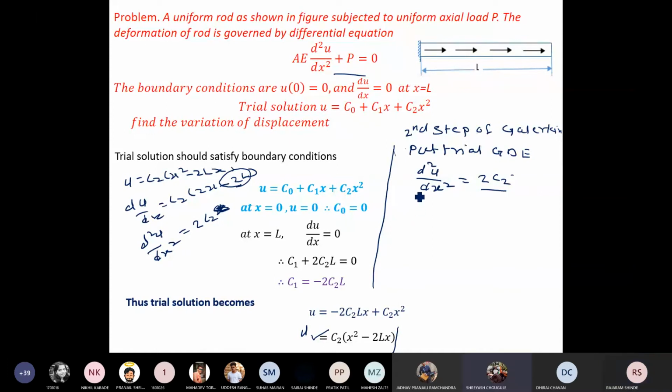Okay, now we will write the residual by using this trial solution. Now r is equal to, can you tell me what is r here? R is equal to,